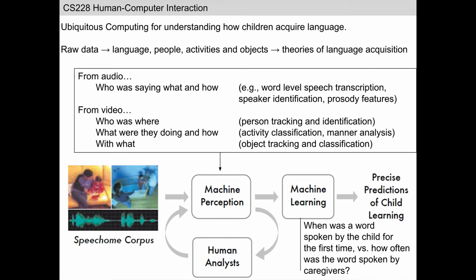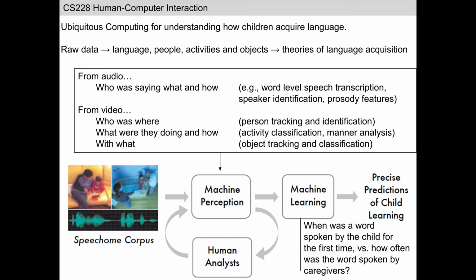If there's no correlation between the time that the word is spoken for the first time by the child and the frequency with which that word was spoken in the home, then that lack of correlation would be evidence against this hypothesis. What are some other, given the fact, imagine you had access to this data set,